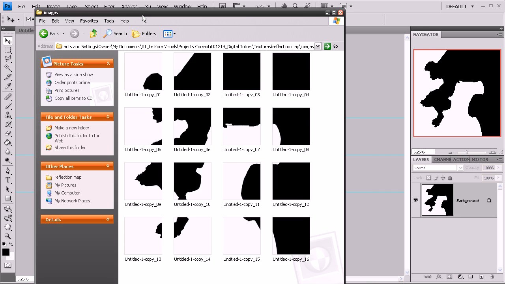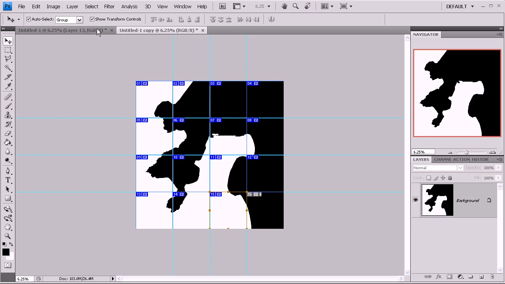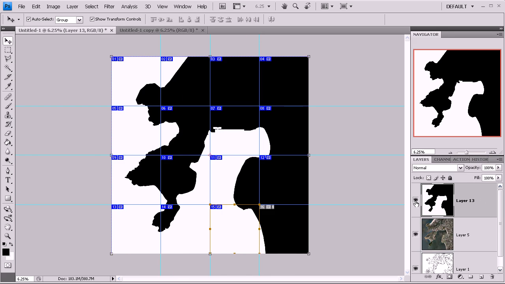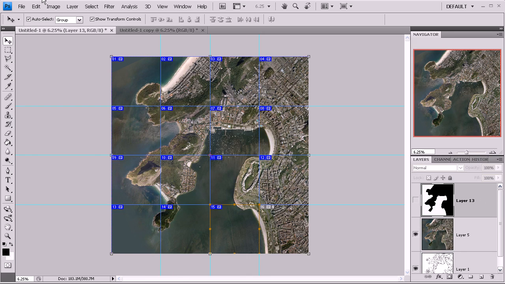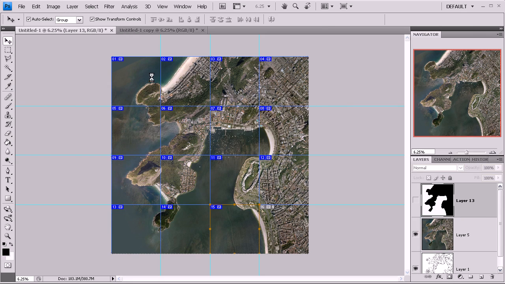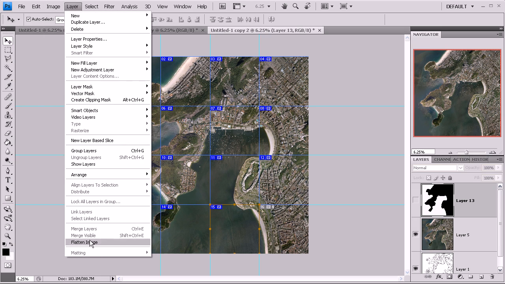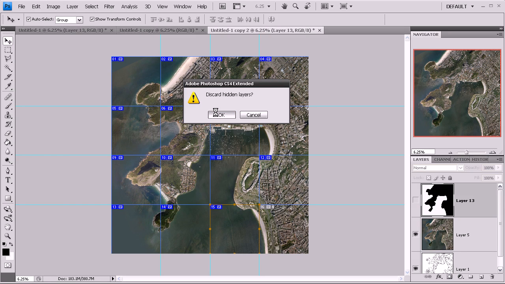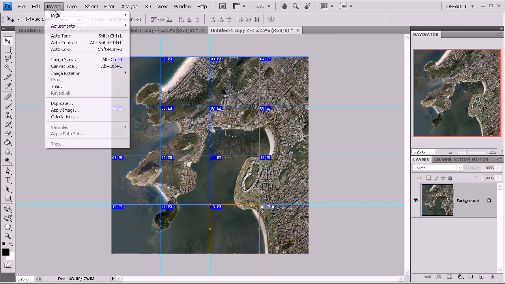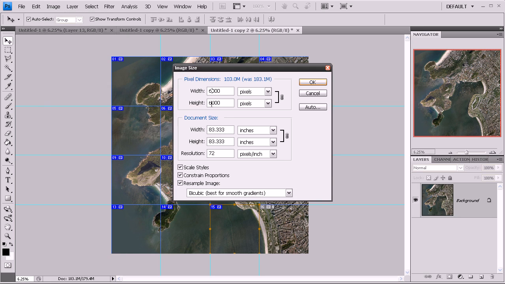Now we want to do exactly the same process for the other map, which is the satellite image. So we'll do the same process where we duplicate that, just so that we don't lose the Photoshop file that we have with multiple layers. Once we have that, we go to flatten image, discard, yes. Then we repeat the image size, drop that down to 6000, press OK,